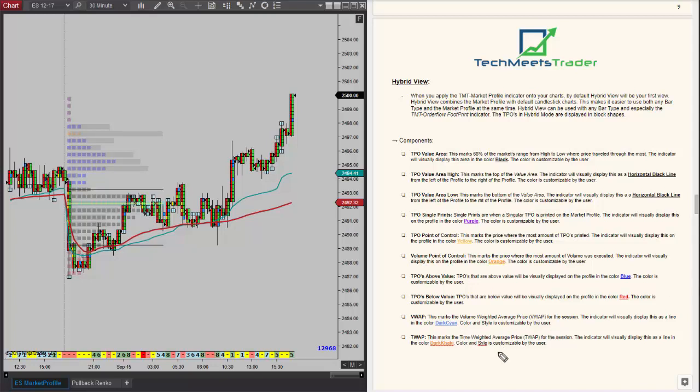This can also be customizable by the user, both VWAP and TWAP. And here in VWAP, we can see this dark blue line. It's like a moving average, and it colors it here, as you can see, in blue. And TWAP marks the time weighted average price for the session, and the indicator will visually display this as a dark khaki, but as you can see here, I've actually customized it into a little bit of a darker red color. As you can see, the color is customizable by the user, and not just the color but the